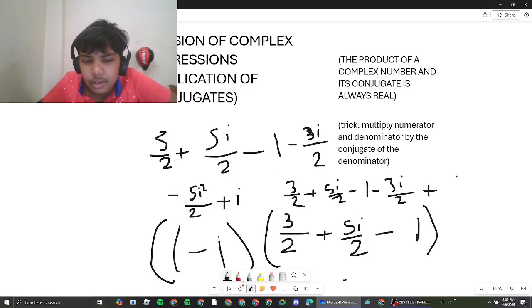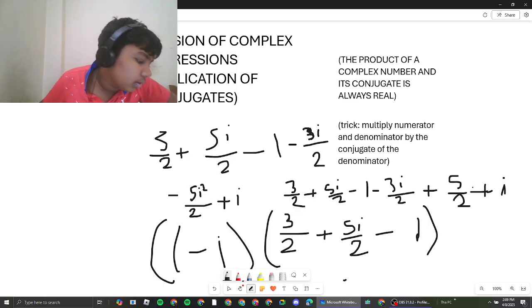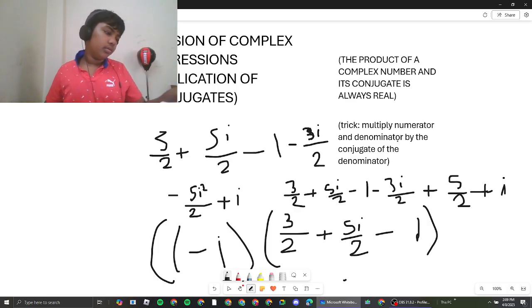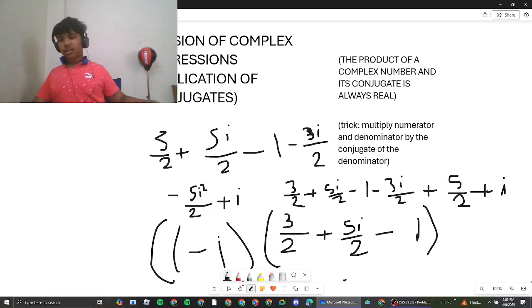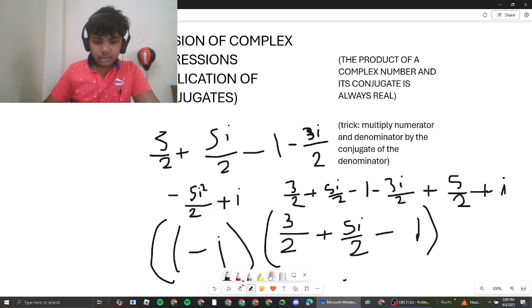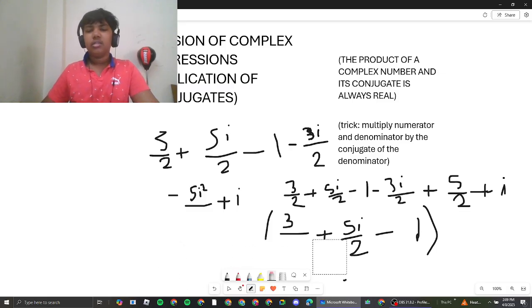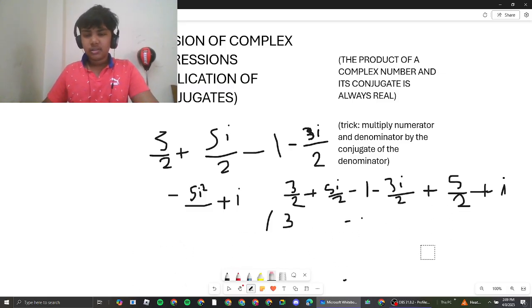Sorry, plus 5 by 2 plus i, and we need to obtain the result 3 plus 2i. Okay, now let's clean this up a little bit. Okay, now if you can see here,